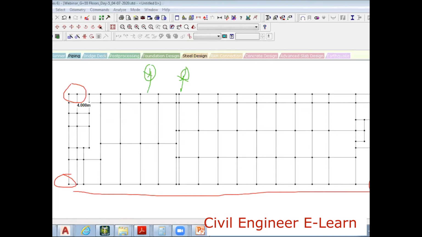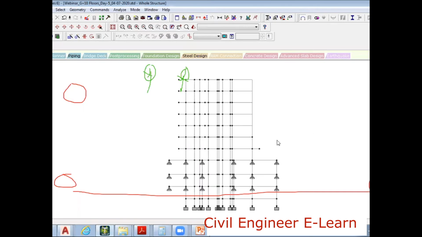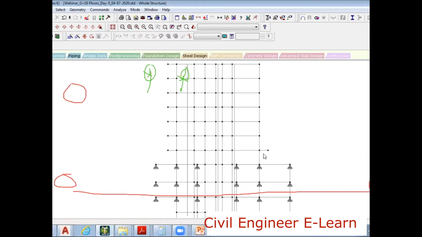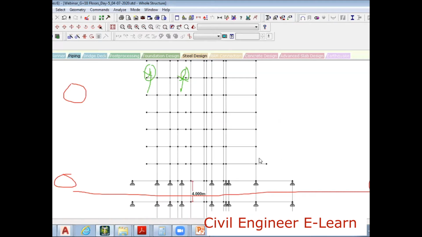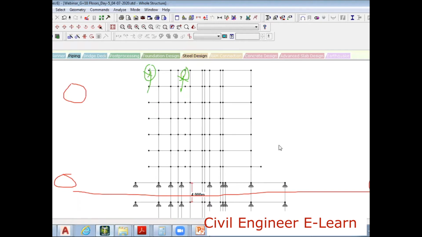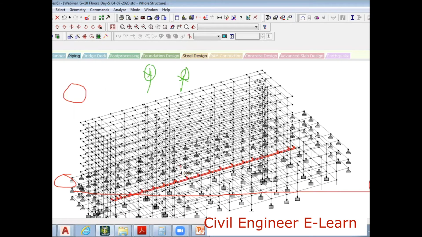Do we have a 2 meter length here? Yes, I think we have. So let me go this way. This has to be applied here, here, here, here, here, and then here. How can I apply it? I can simply select like this.